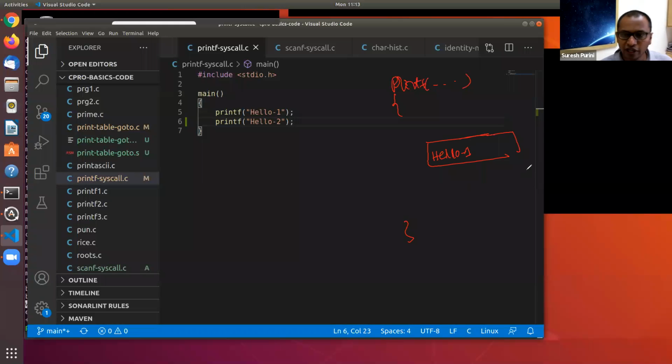It doesn't print it on the screen. You make a call to hello2 again, and then again it stores hello2 in the internal buffer. And later on it notices that we are about to exit the program. So printf flushes whatever is in its buffer onto the screen by making a write system call.